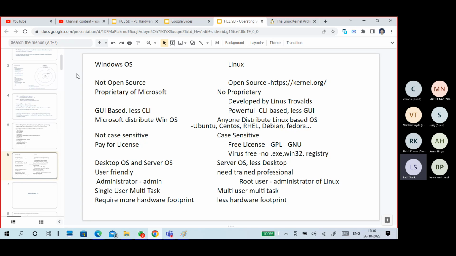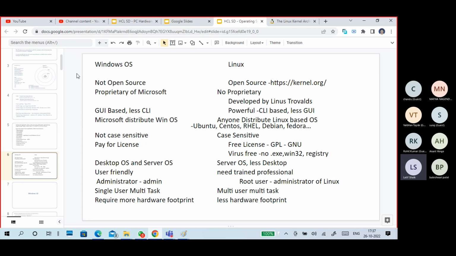In the Windows operating system, normally the first user account in a desktop operating system becomes the administrator. It is also possible to make multiple users administrators, and there is a default administrator as well. In Linux, there is a root user. The root user is the administrator of your Linux system, so root is a highly privileged user.